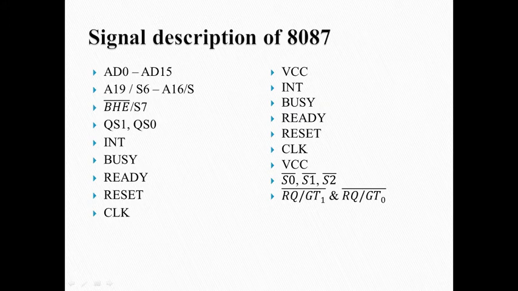So these are the request and grant signals used by the 8087 processor to gain control of the bus from the host processor 8086, or it can be 8088 also, for operand transfer. So whenever 8087 wants to generate a memory read or write cycle, during those cases it needs to steal the system bus cycle. So during that period, these pins can be used in order to request the bus and get the grant from the host processor.